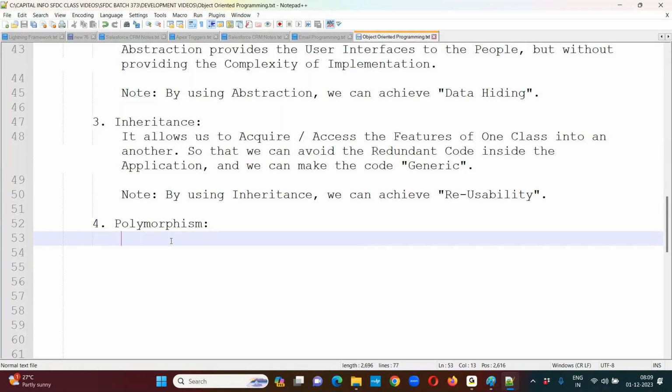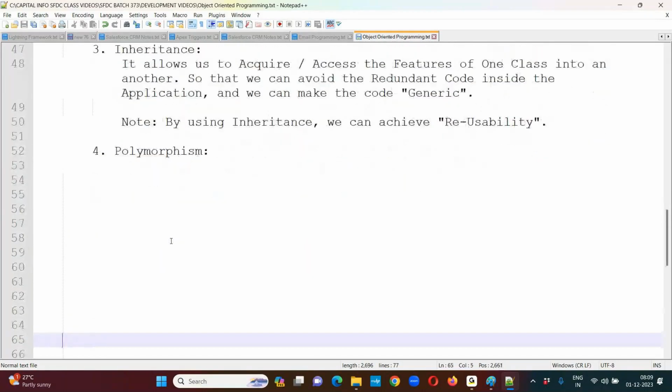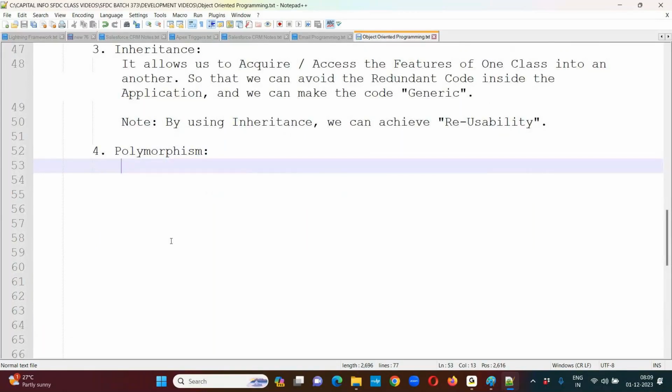Done? Next. The last one, polymorphism. So now what do you mean by this polymorphism? What does it indicate? Having many forms of what? Many forms is okay, fine, right? Then